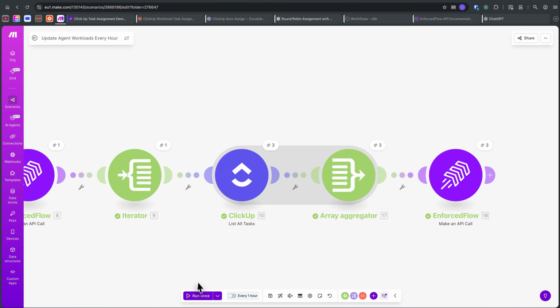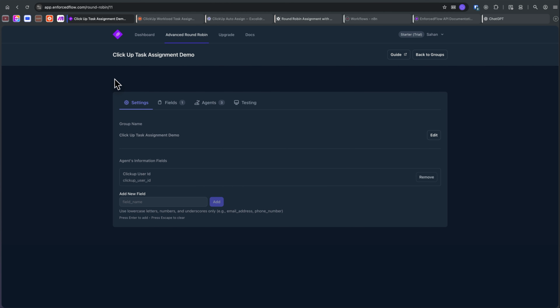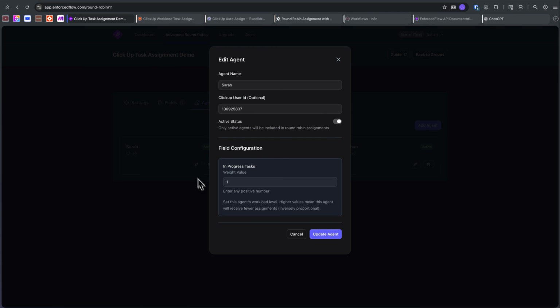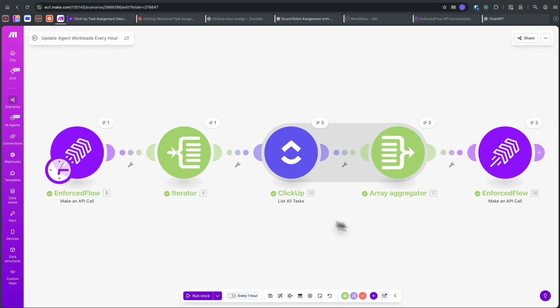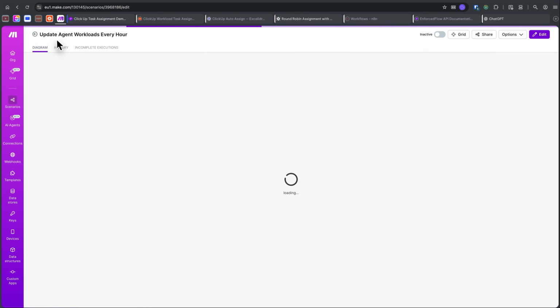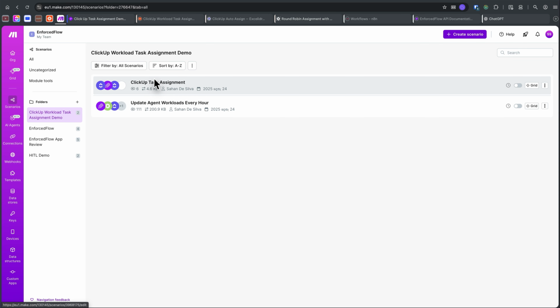And if I run this again, come back, check, you can see it's now updated to 1. So it's looking good. So yeah, that is the second Make scenario, and similar to Zapier, we created 2 scenarios in Make, one to get the next agent from EnforcedFlow and assign it to a ClickUp task when a new task is created, and the second is to get the workloads and update it